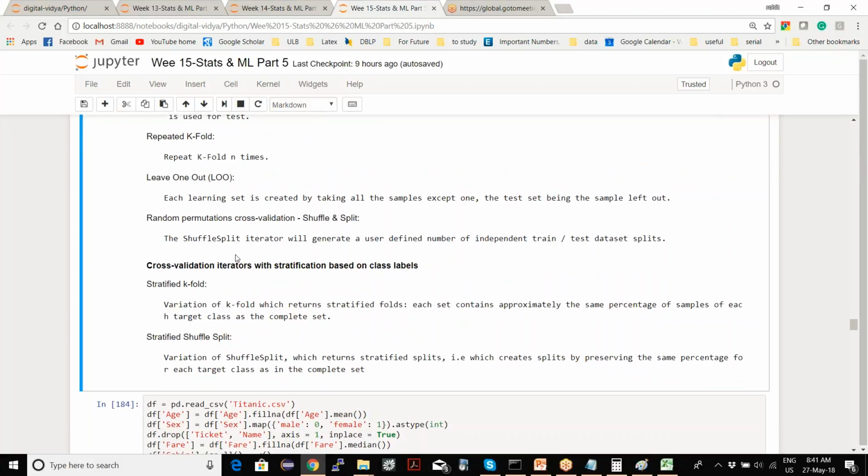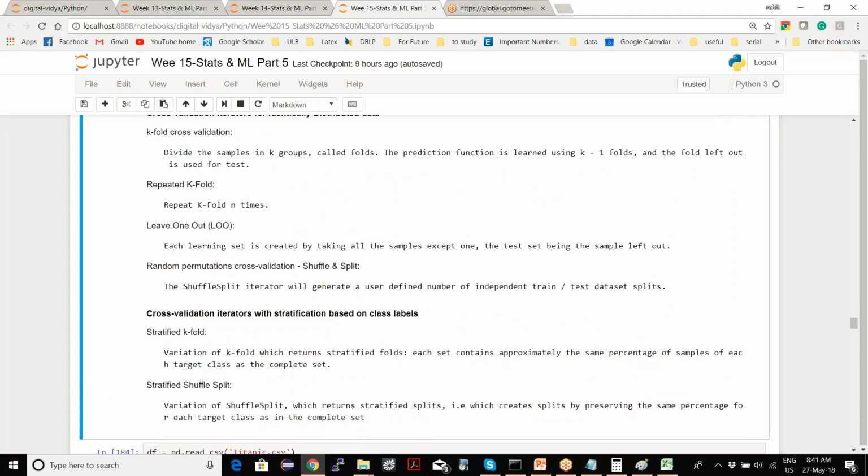Now there's another one called random permutation cross validation. Instead of creating k samples which are consistent, every time you run it, it will create them differently. So if you tell it to create 10 groups, it will randomly create 10 pairs of training and test sets, and then test on those 10 randomly created training and test sets.